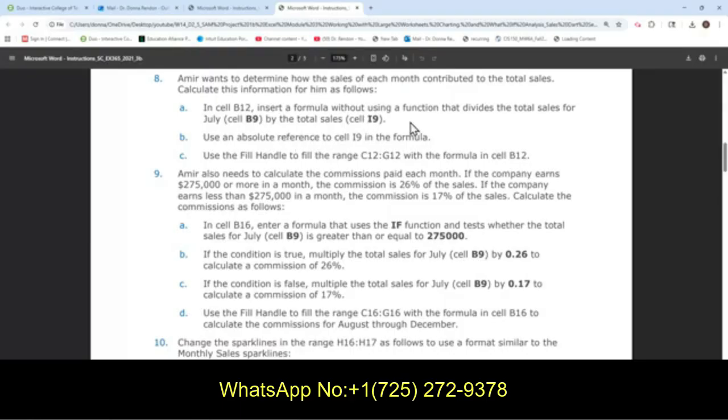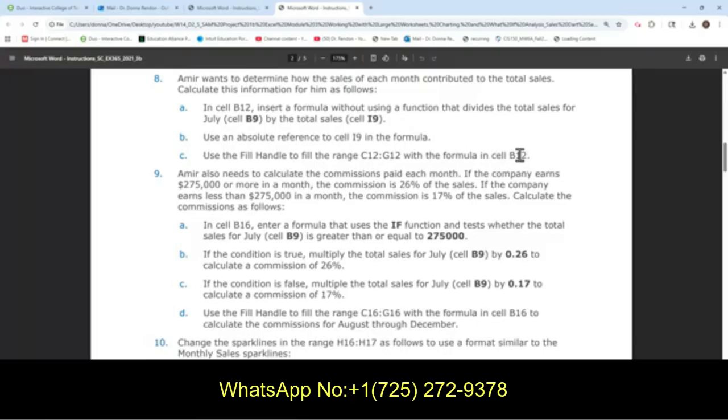So the formula here would be equal sign B9 slash I9. And then use an absolute reference to cell I9 in the formula. I'll show you how to do that. Use the fill handle to fill the range C12 to G12 with the formula in cell B12.